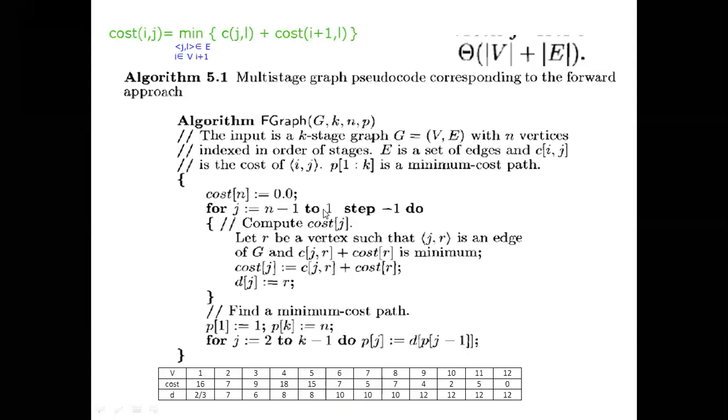I hope it's clear. And this one, what it is explaining, we have to calculate this particular formula. Already I explained that formula, same formula. While calculating that formula, we will get the cost of the value. Cost of the value we can update here. While getting the cost, we have to update the D also. What D are we updating? We are updating the D value as R. That is very important. That's why I told which vertex it is penetrating. Here J to R. In the case of 6, which vertex is it going to penetrate?